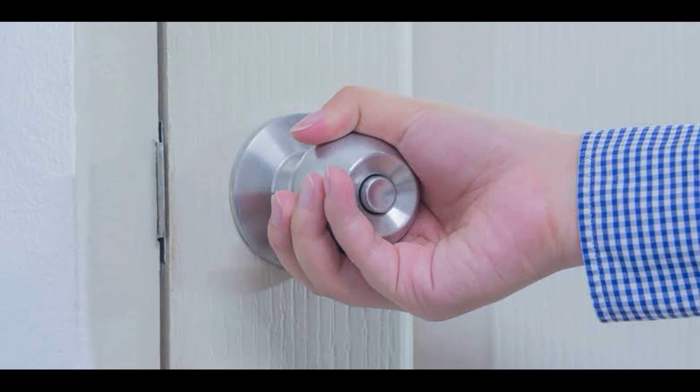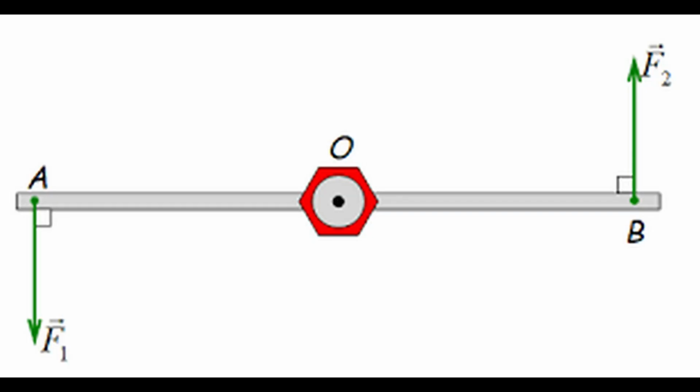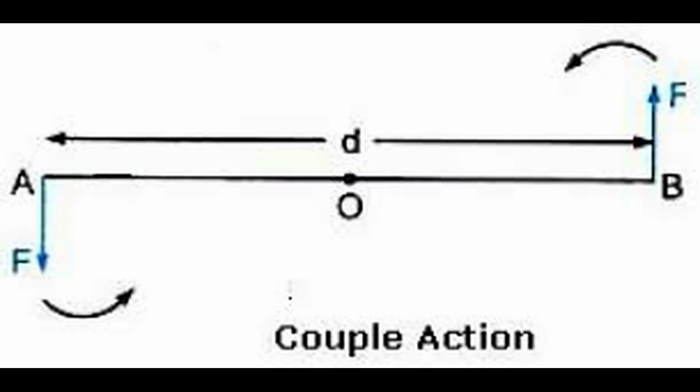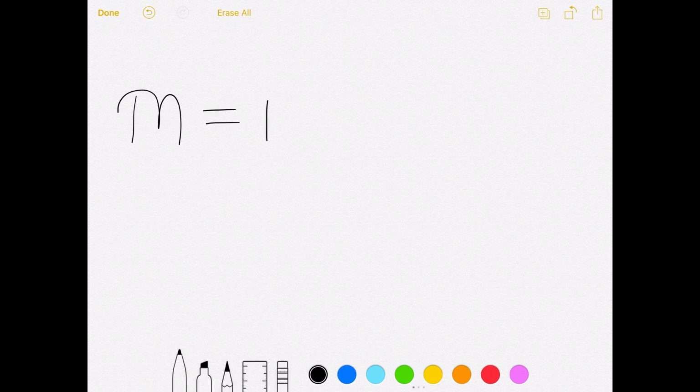In the previous session, in the examples that we have taken, the rotation is due to the force that is externally applied and the force of reaction produced at the pivoted point. The force of reaction at the pivot is equal in magnitude but opposite in direction to the applied force. The moment of force of reaction about the pivot can be calculated by using the formula M equals F multiplied by the perpendicular distance from the pivot to the line of action of force.